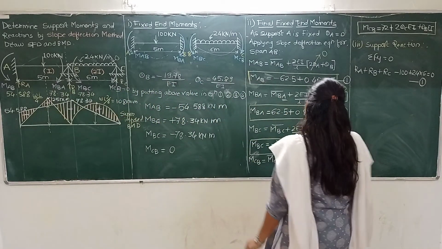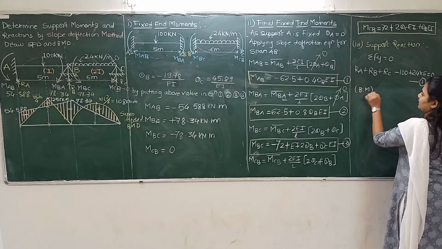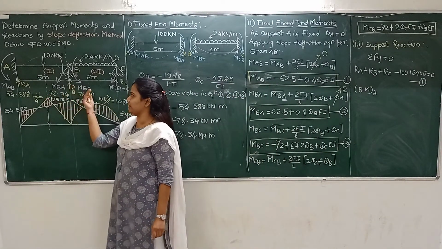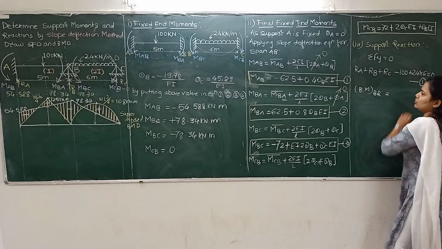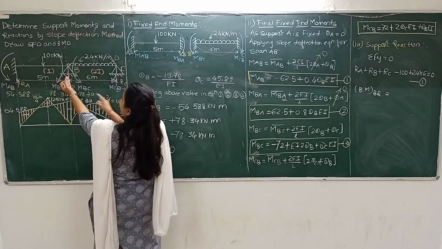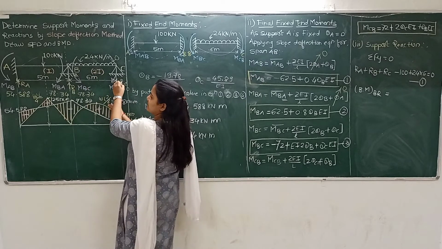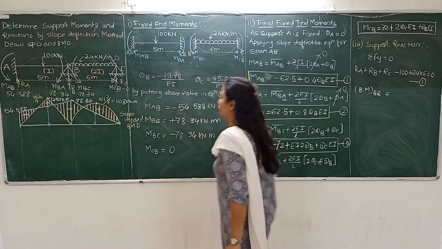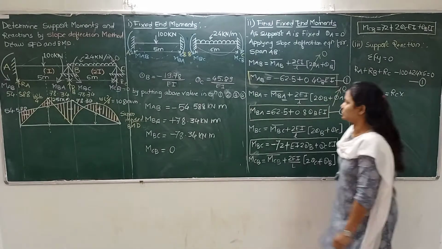So by considering the bending moment value at B, by considering the right part of B, take a section at B and just see the right part of B and try to find the bending moment equation for the right part of B only. So bending moment, because of this RC, will try to bend the beam in the upward direction, creating the sagging nature of bending. So it will be positive, RC into the perpendicular distance only. It's 6 meters, so RC into 6.